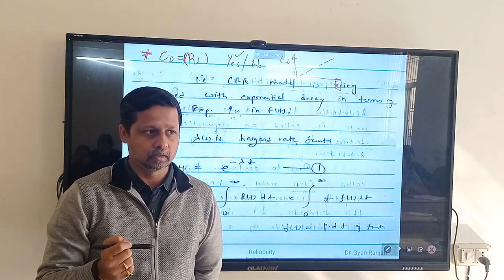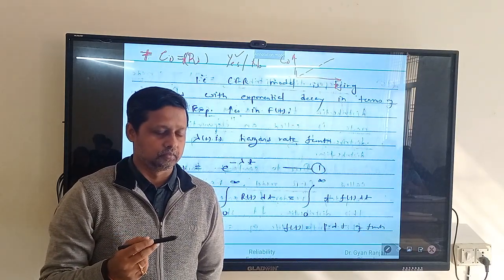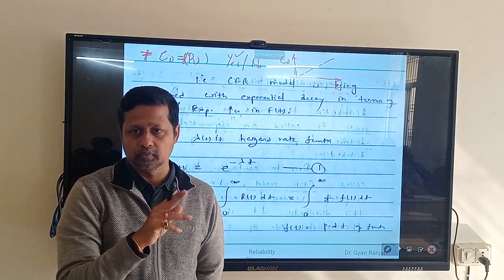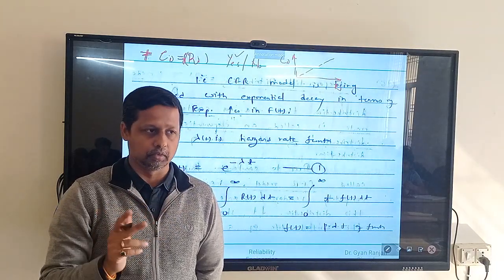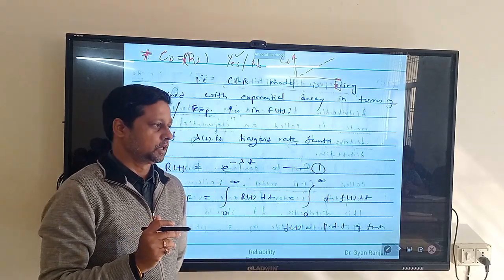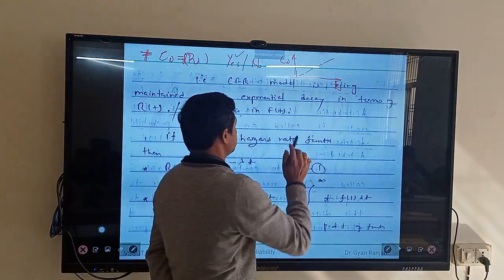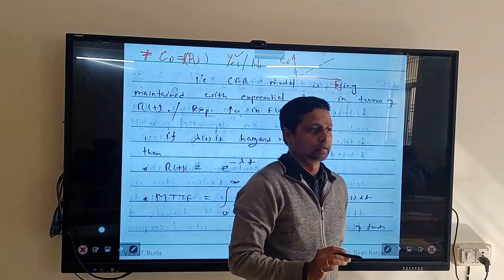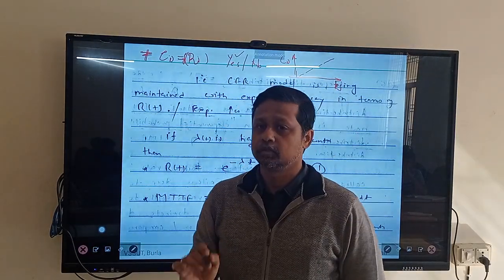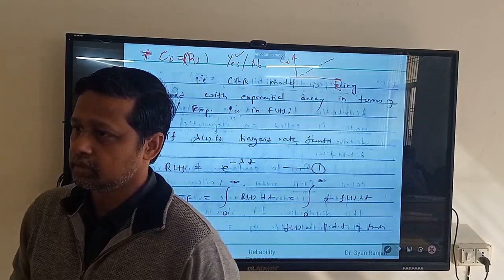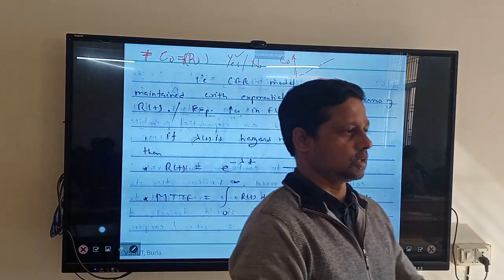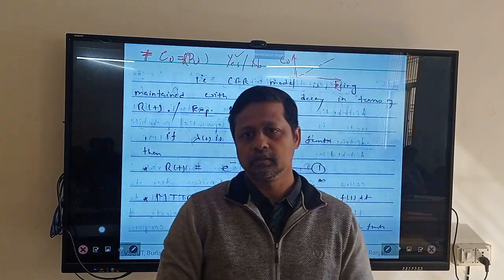Because I am a user, from a user perspective I keep the cost function on the vertical axis. If you want, you can reverse it, no problem. Ultimately, both are functions of time. This is also a function of time, and this is also a function of time. The cost of a product also varies with time. You see, five years back, now take a little longer stretch, so you will get a very clear idea.